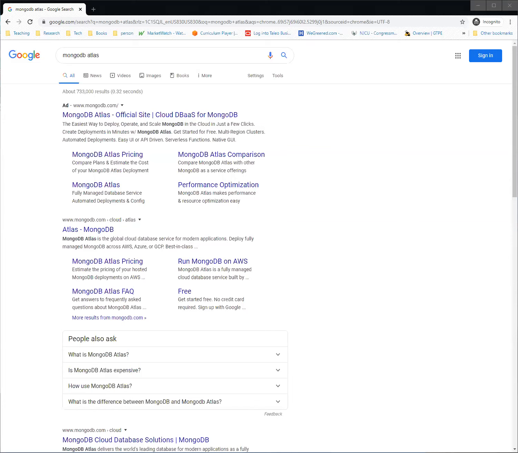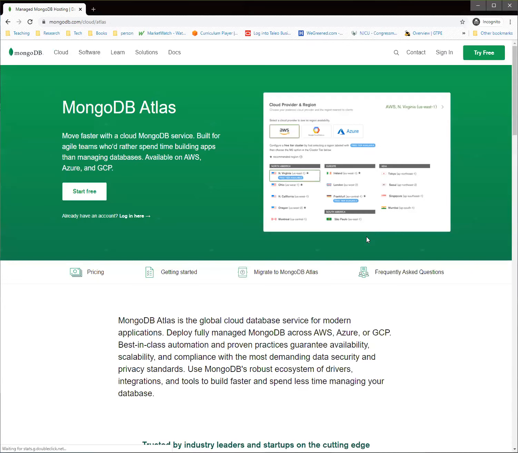Okay, so the first thing we need to do is to find the MongoDB Atlas website. You can simply go to Google and search the term MongoDB Atlas. And then the first link, just ignore the advertisements. The first link, Atlas-MongoDB, is the website we want to use. You can go into the website,